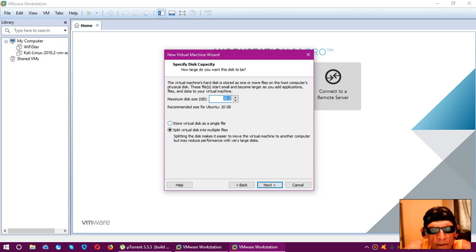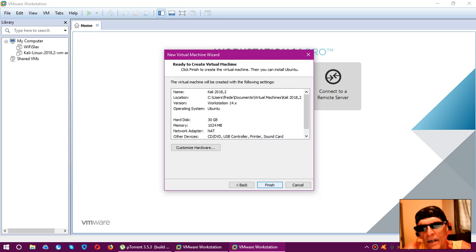And I always recommend that you store this as a single file. This is a personal computer. We're not going to be swapping this around. I'm not going to be taking this VM to work or anything. So a single file works really well. So we go next. And here is the reason why I say we use the wizard with the typical installation,